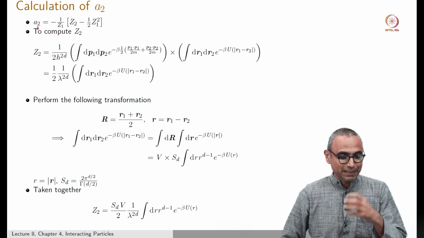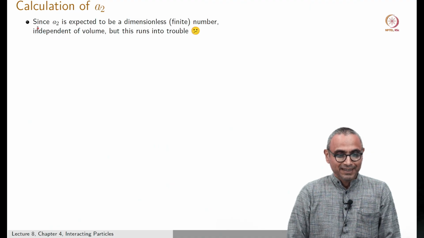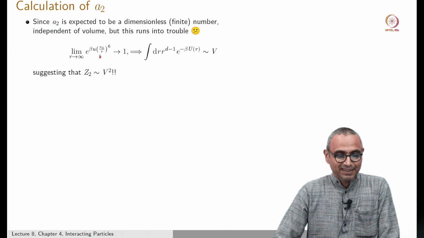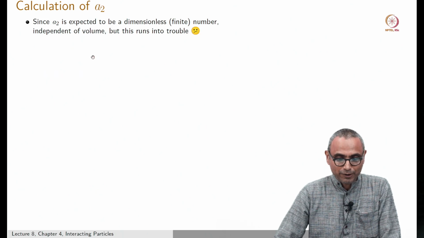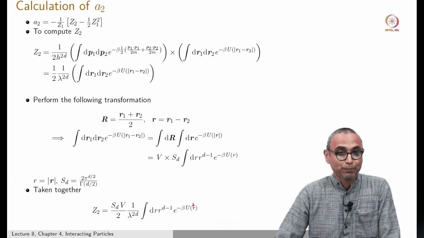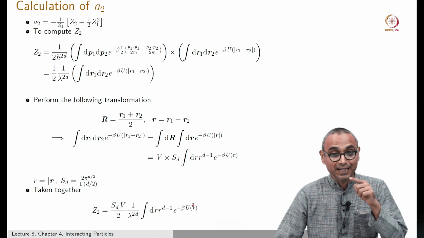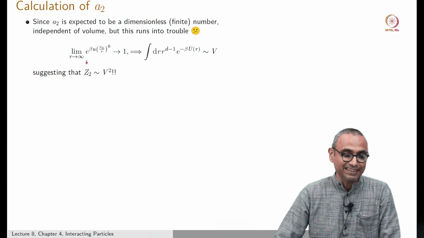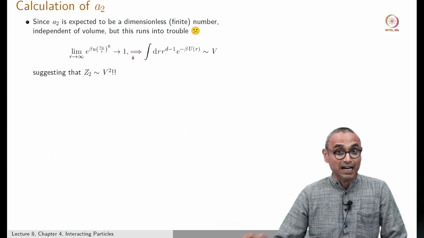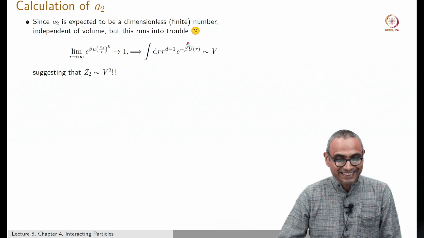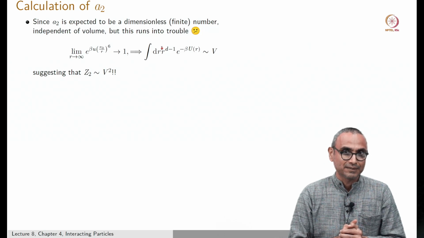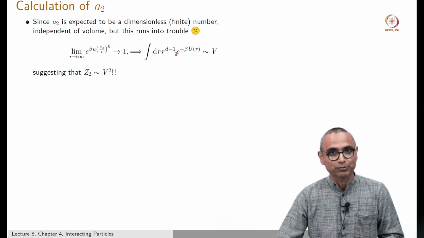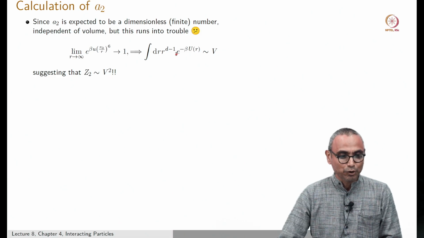So, keeping this in mind, let us try to do this calculation. You will immediately see that our calculation for Z2 will run into trouble. Why does it run into trouble? Look at this expression. This is e to the minus beta u of r, this term here. So, I put the value of u of r which we had shown a couple of slides back, which is minus little u times r0 by r whole to the 6. I just stick it into the expression, and you will see that the integrand, this exponential, goes to 1 as r goes to infinity. So, this will turn out to be proportional to the volume of the box, because when I go to very large distances r, this integrand is becoming 1. It is as if it is just integral dr r to the d minus 1, which actually gives you the volume of the box. So this suggests that Z2 by itself is proportional to V squared,